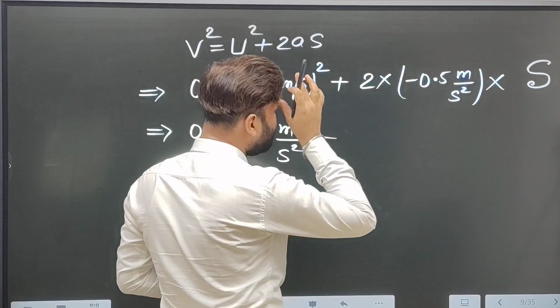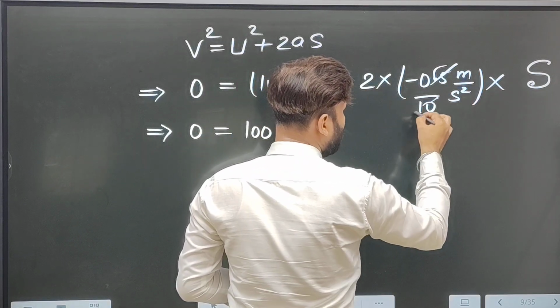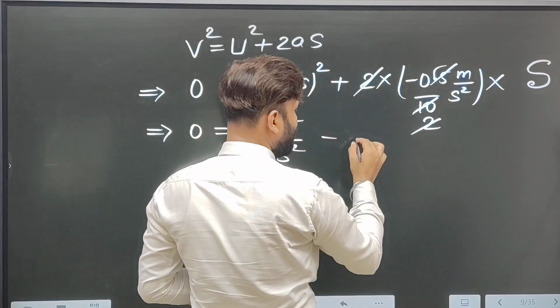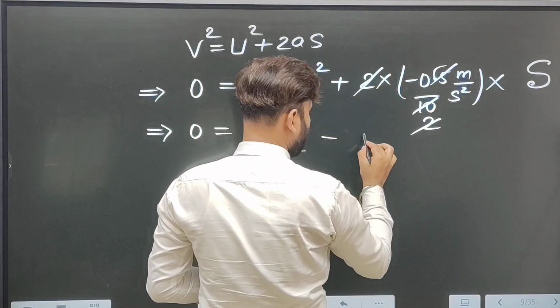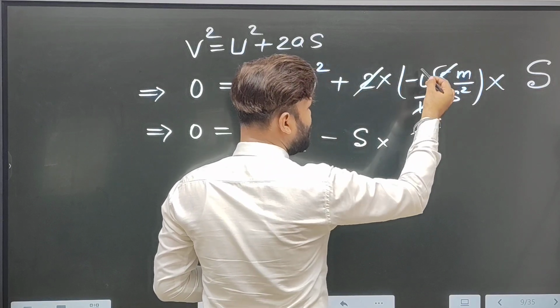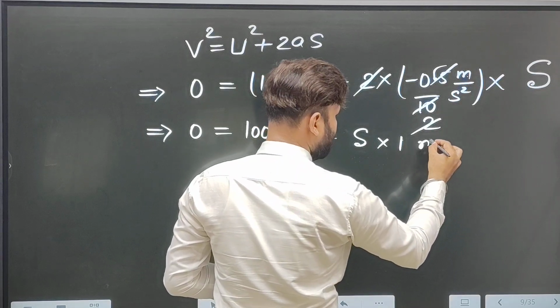Remove the point, then 5 into 2 is 10, 10 and 2 cancel. So here it is distance multiplied, everything cancels, so 1 is remaining, 1 meter